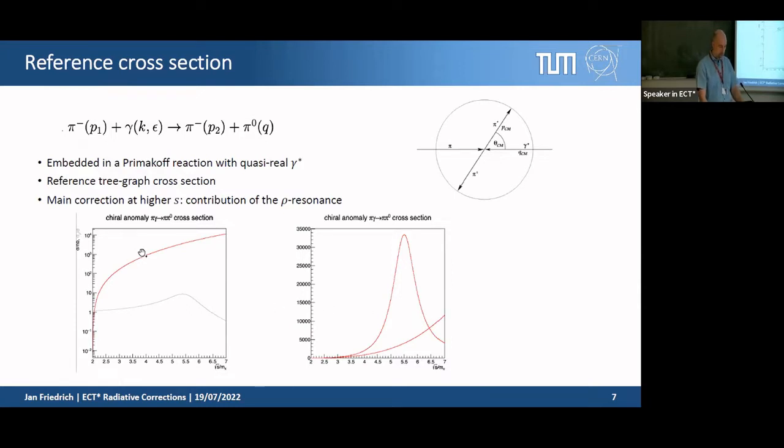The formula basically is proportional to this constant f3 pi, and then it has kinematic factors which add to it, and this alone leads to the red curve here. And then, of course, in this process at higher energies, pion and photon can couple to the rho resonance. This, in fact, fully saturates then the cross-section